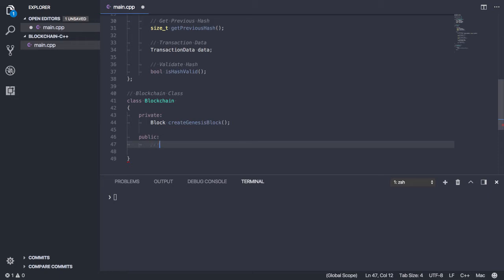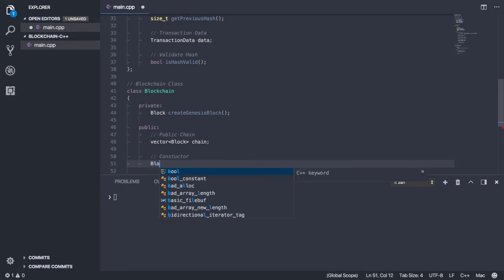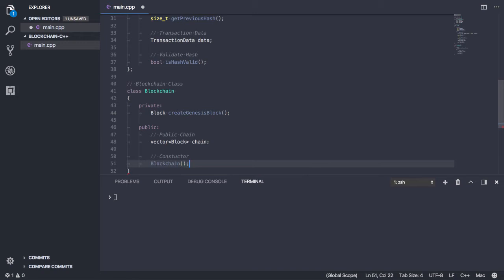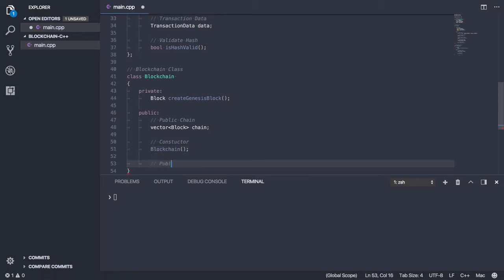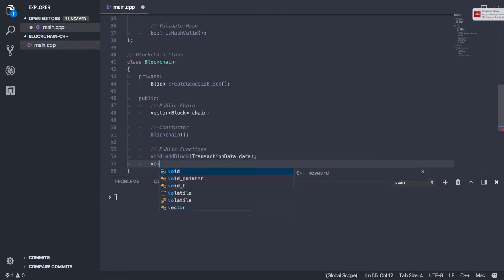Public will be, let's see here. We need a chain, obviously, which is going to be a vector of blocks. Stop doing that, Visual Studio Code. So we'll give this a comment, public chain. This is going to be the constructor. And we've got some public functions. One of those is going to be add block, and it's going to take in transaction data. And then another is going to be,